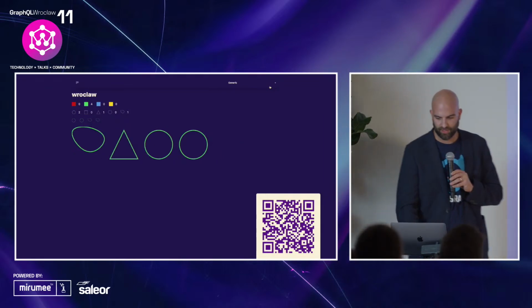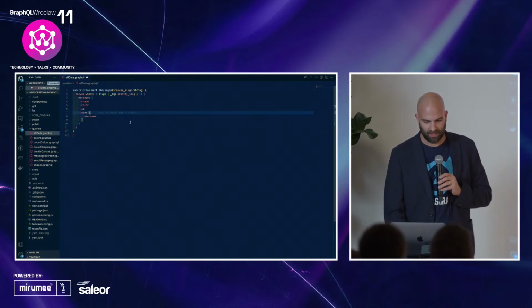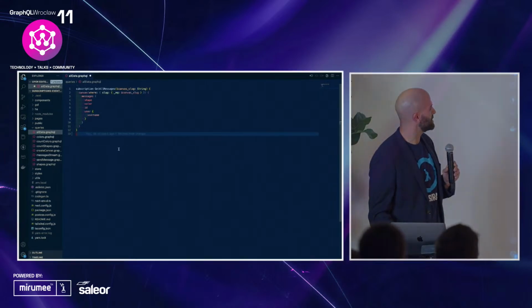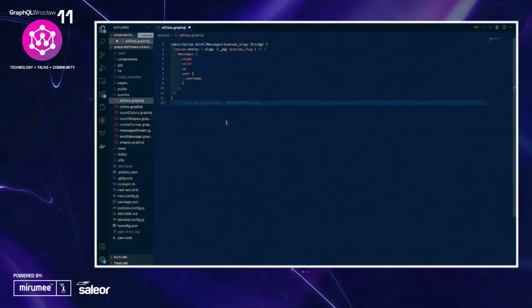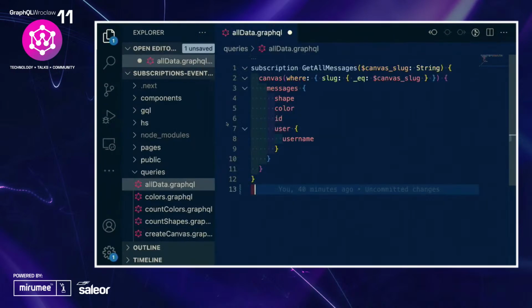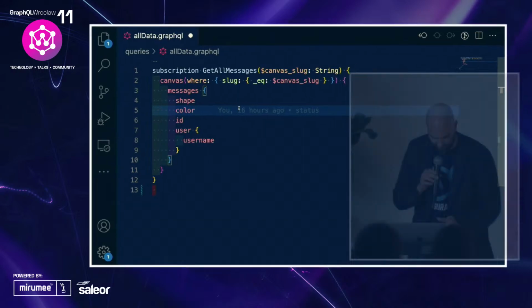We can look at how the code looks under the hood. It's not that fancy, right? So here's a typical GraphQL subscription. Let me see if I can boost the font size on that a little bit. And I'm going to hide that messy sidebar there. So that's like a regular subscription that most people who know GraphQL have worked with. So let's go for my message stream here. Now we're going to do some fancy coding here.